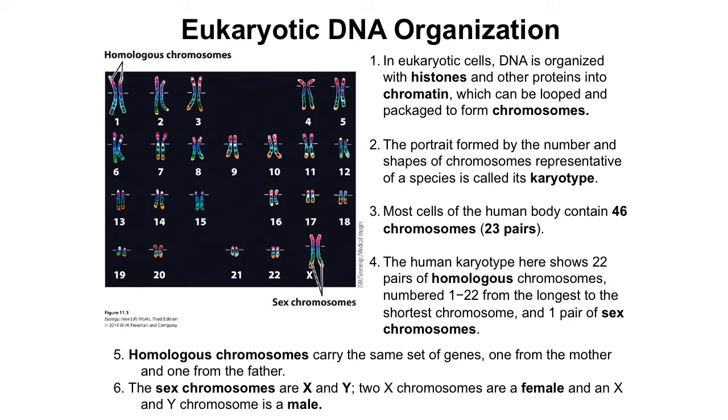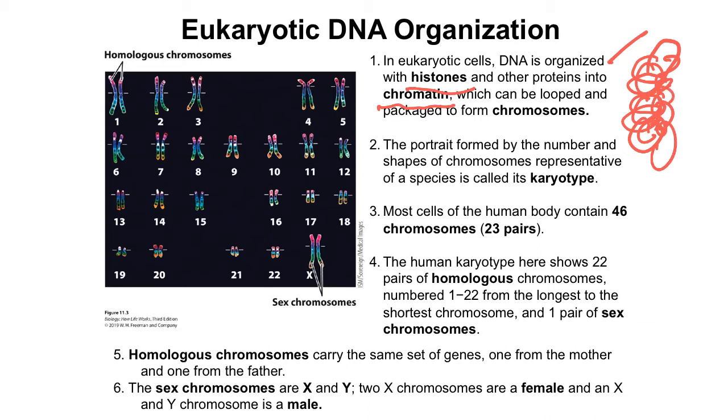So in eukaryotic cells, therefore, the DNA is organized with a special type of proteins called histones and other proteins as well into what we call chromatin. So this is like a beads-on-a-string structure where you have histone proteins and DNA wrapped around them. Okay, so this is your chromatin, and your chromatin will then have to compact itself even more, fold back, and